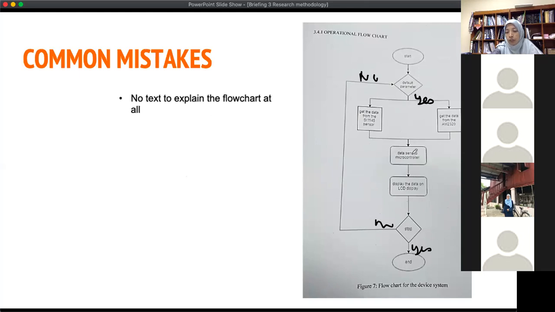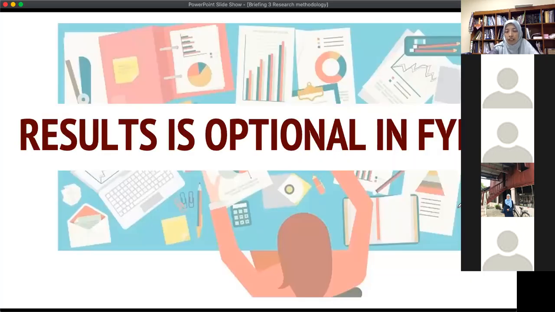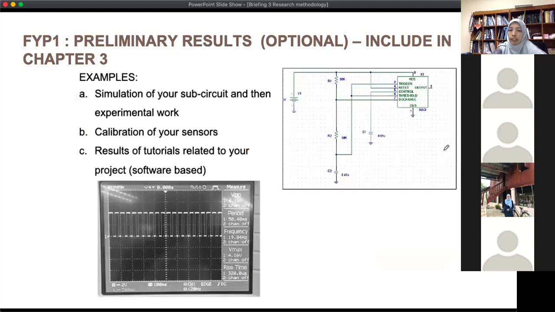Okay, and when you write the words inside, they need to be complete words. For example, "data sent to" - don't just say microcontroller. Data sent to what? What is the microcontroller, the hardware that you choose for your flowchart? As I said, for chapter 3 you need to be a bit detailed, to be clear what you are going to do in FYP2. If you are already clear earlier, you can start your FYP2 with a clearer understanding, right? Okay. The result is optional again, but if you have some result, let's say you have done your PSpice